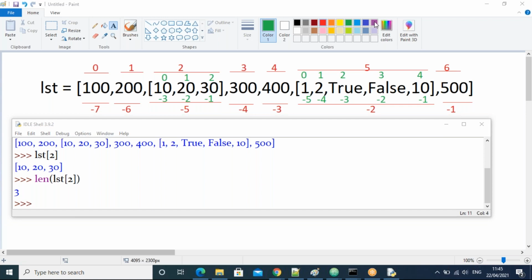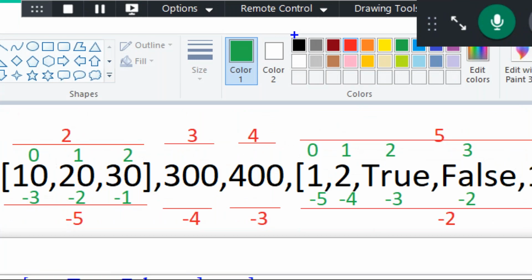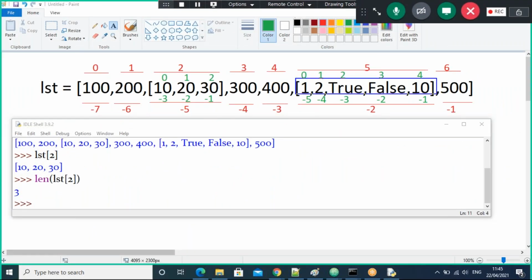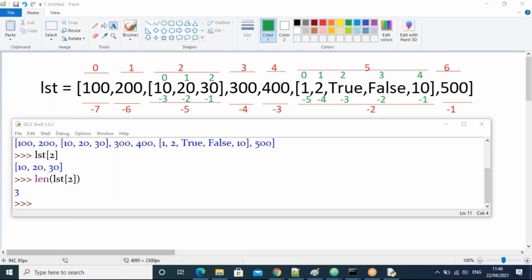I want to count how many times one is there in this sublist, guys. I want to count how many times one is repeated in this sublist. Now all of you reply: how to find the number of occurrences of one in this sublist, guys. All of you give a reply.